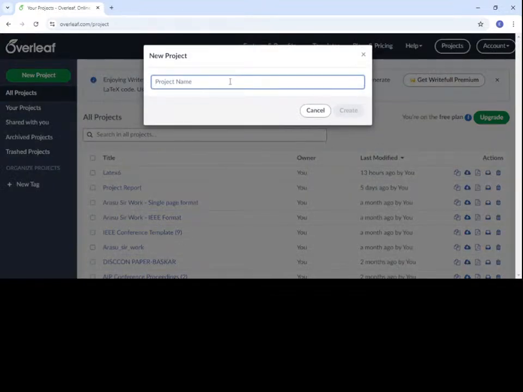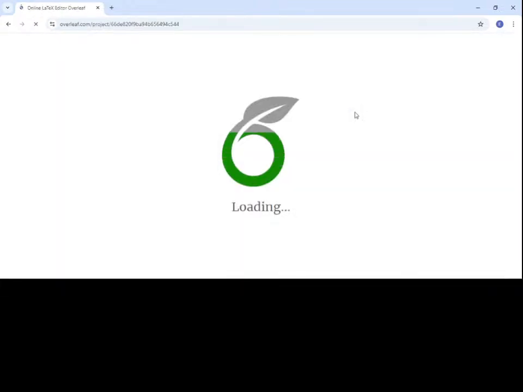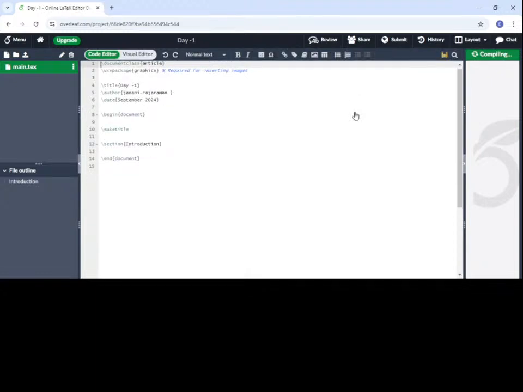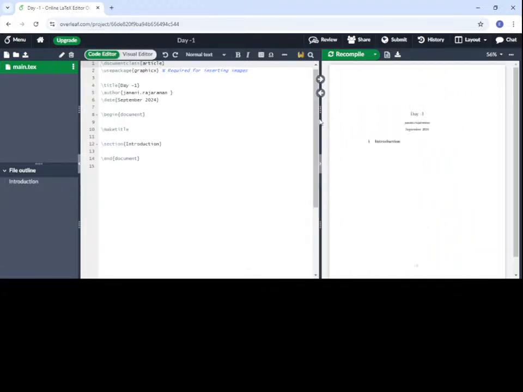So it will ask for the name. You can give whatever name you prefer, or keep it as it is. But as usual, you are not supposed to start with a numerical value. You have to start with an alphabetical value. Just click create. So once the index LaTeX window is created in Overleaf, you can see a new page which